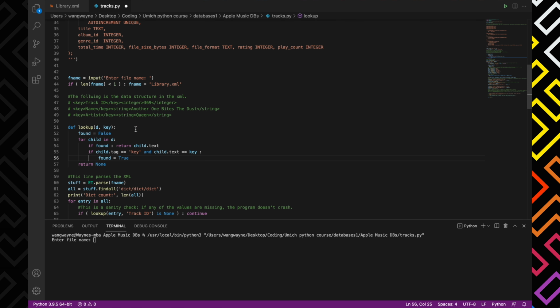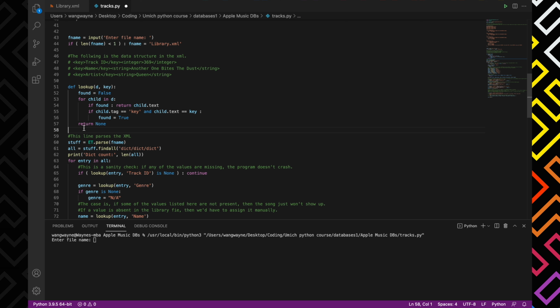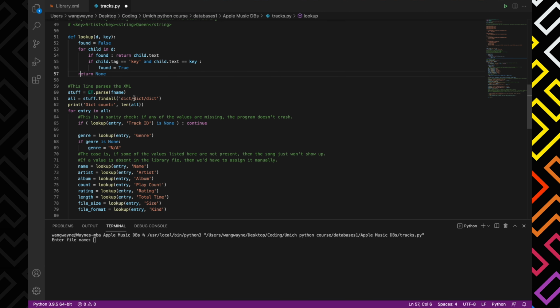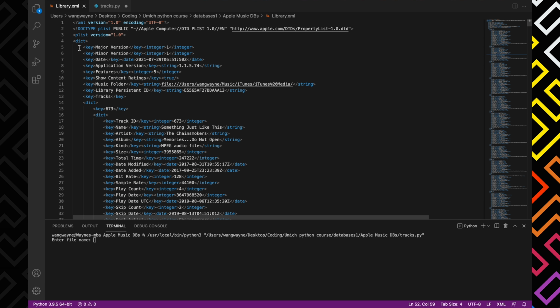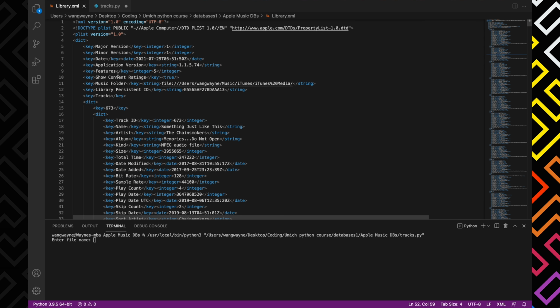But you don't need to worry about it because it's quite case specific, and it's not very important. And then we're going to parse the XML itself by defining a variable called stuff. Stuff equals et.parse, so that's basically the line that will parse the XML. And then all equals stuff.find_all dictionary, because there are obviously three nested dictionaries, or three layers of nested dictionaries